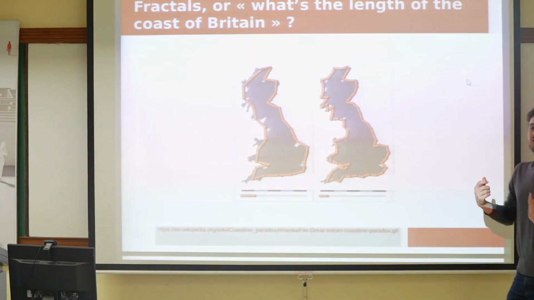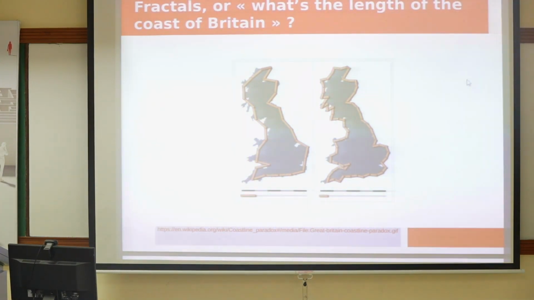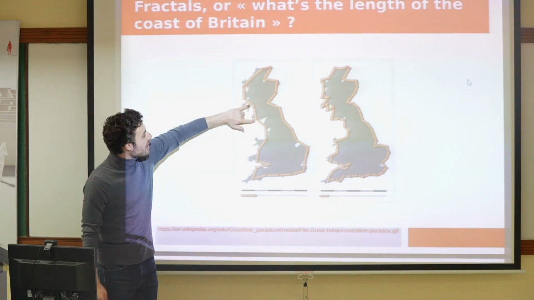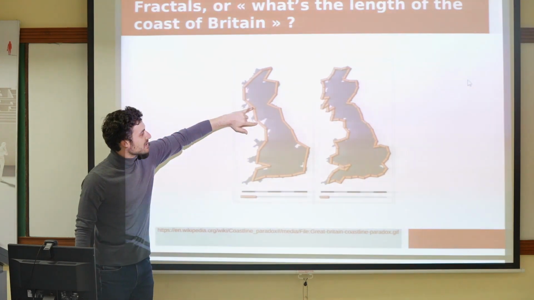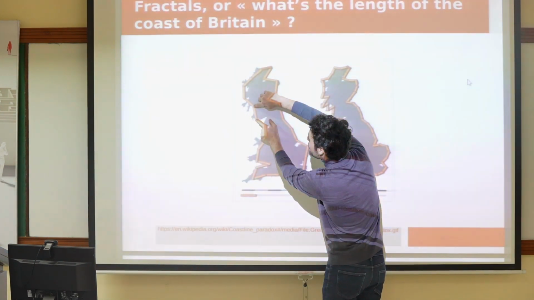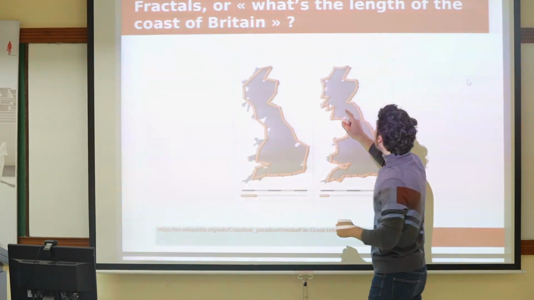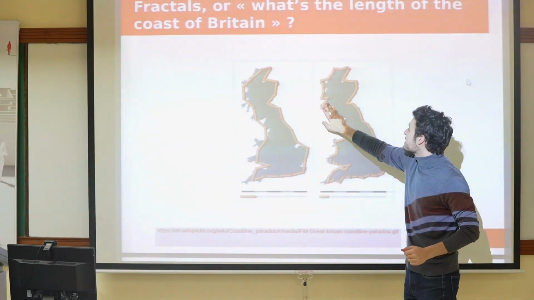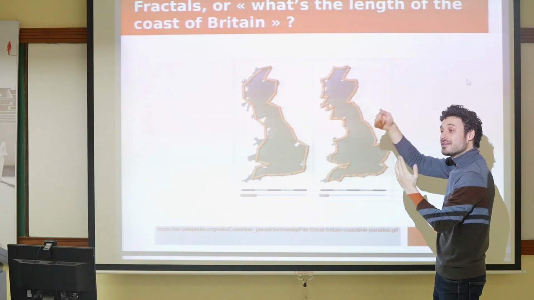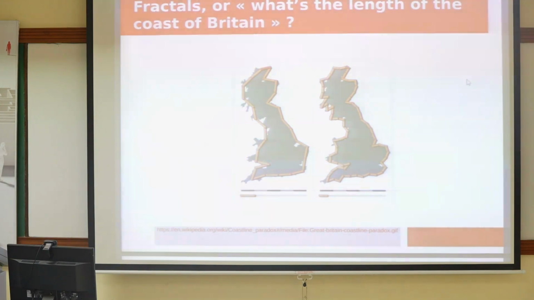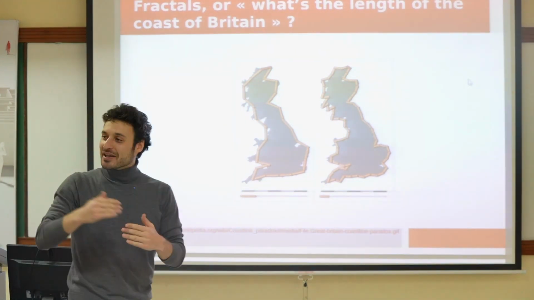Okay, but you're a geometer, you're a man of precision, and you say, well, my yardstick's too big. So you shrink the yardstick, and you do it again. You walk the coast of Britain with your shorter yardstick. Now, you notice the larger yardsticks miss a bunch of details, right? So actually, the distance between these 2 points, for instance, if you follow the coastline, is actually much larger than your yardstick would assume. So as you decrease the size of your yardstick, the length of the coast of Britain increases. And there's a kind of silly question to ask, but how long can you keep doing this, right? You take a smaller yardstick again, you walk the coast of Britain again, your length is going to increase.